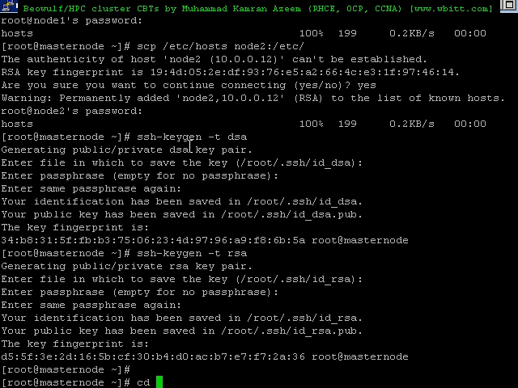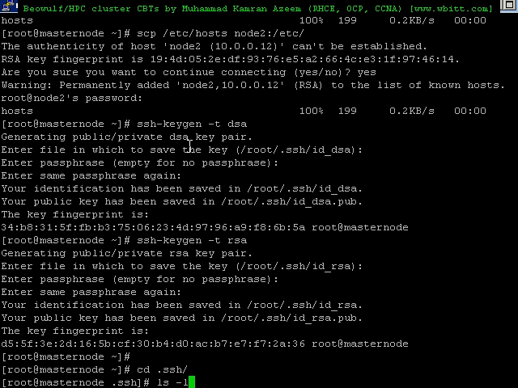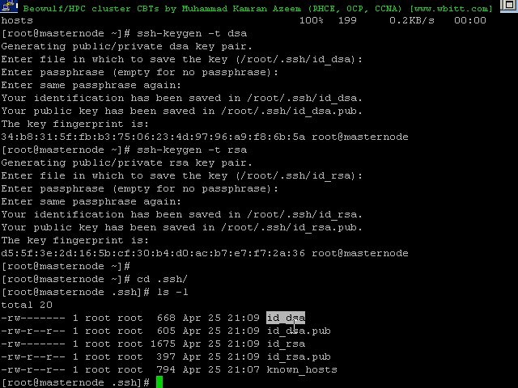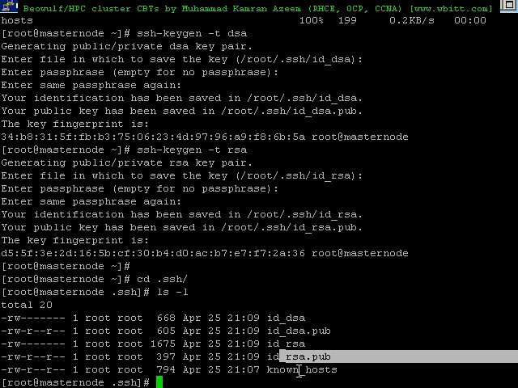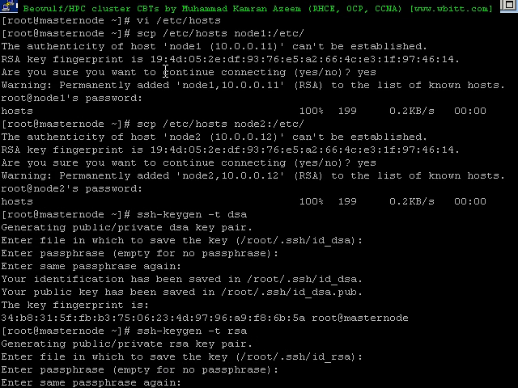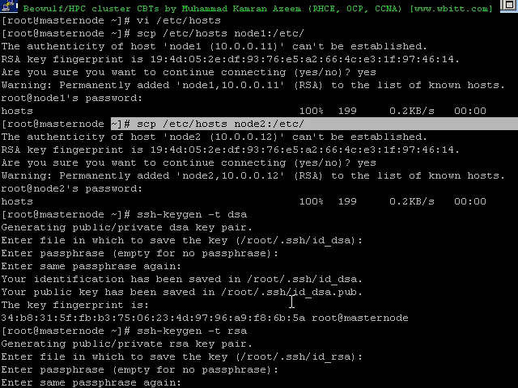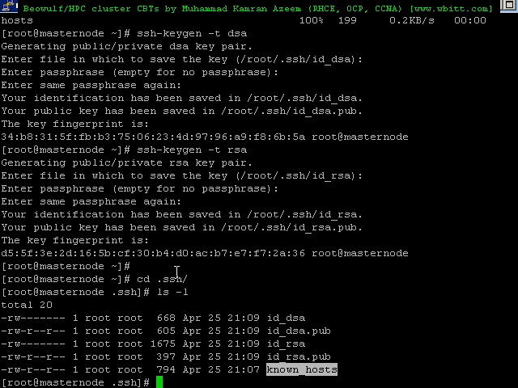You can go and verify them in this directory. In the home directory there is a .ssh directory. Go into this one and see there are four files. These two files are one pair and these two files are one pair, public and private keys. This known hosts file got created once we were copying files to these nodes with scp. This is the local known hosts, I should call it. There is a global known hosts which resides in the etc ssh directory, and that is what we will do in the next step. Right now I'm going to copy these 4 files,